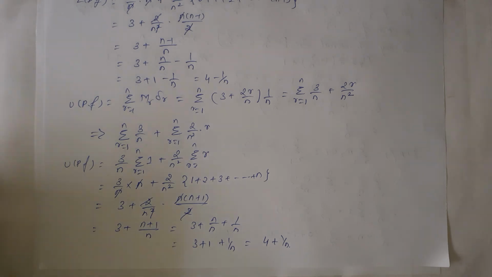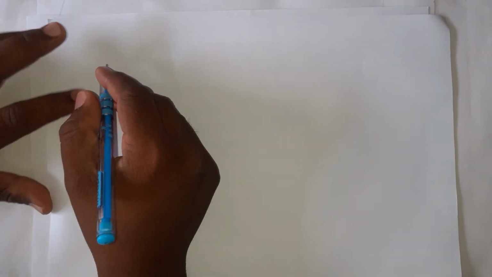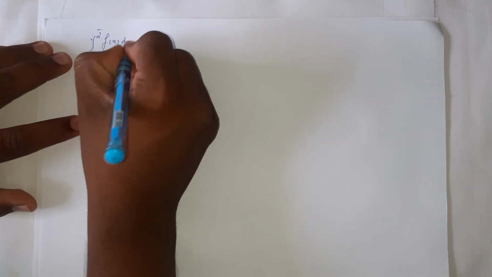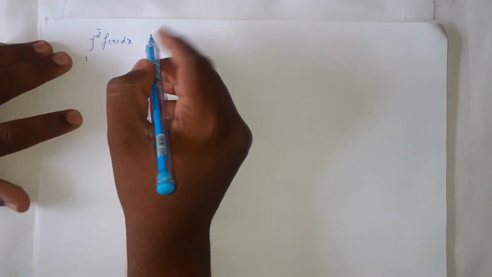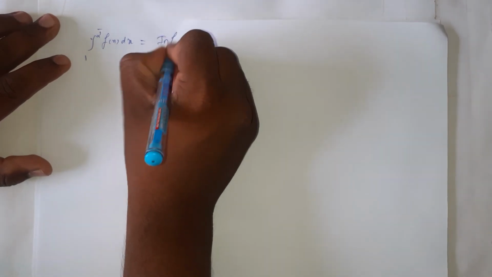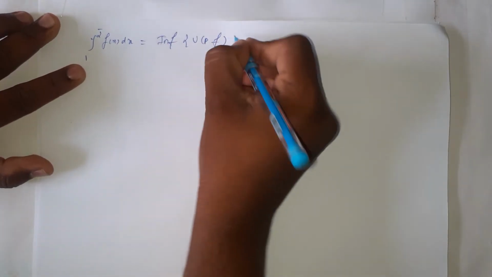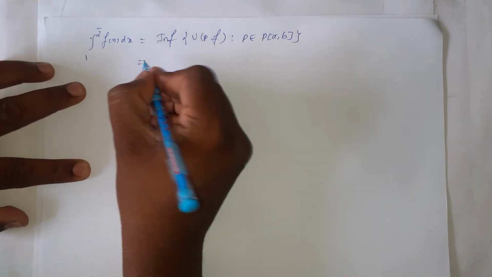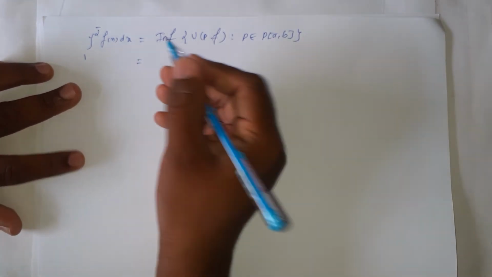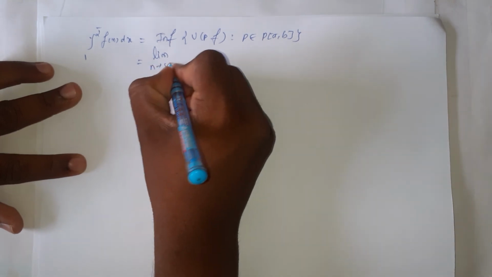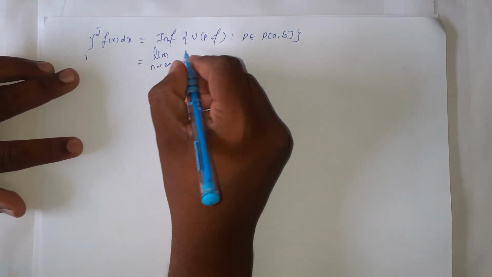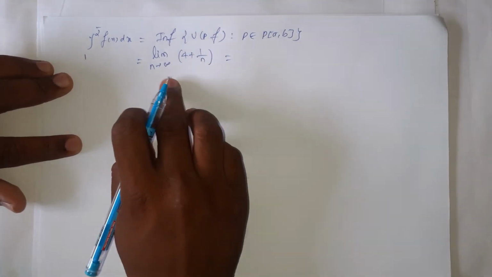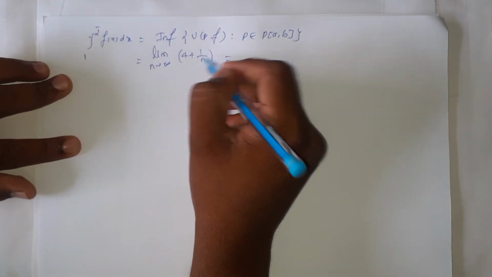So, upper Riemann integral is given by integration over 1 to 2 bar f of x dx, which is equal to infimum of all the upper sums, where P is the partition of the closed interval AB. Now, to find infimum and supremum, we need to apply the limit as n tending to infinity. Limit as n tends to infinity, upper sum is 4 plus 1 by n. So, therefore, if you apply the limit as n tending to infinity, this 1 by n becomes 0, then remaining